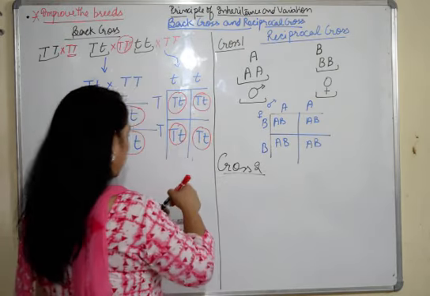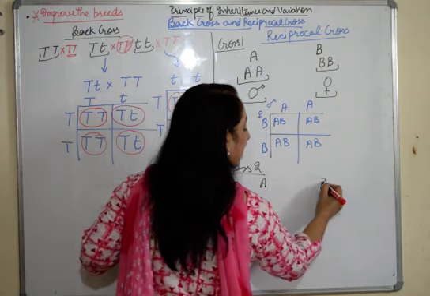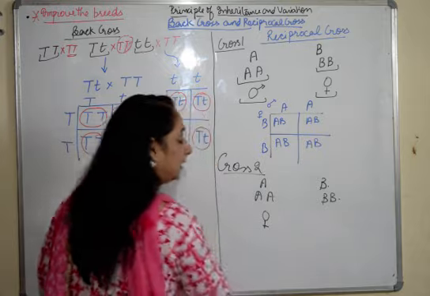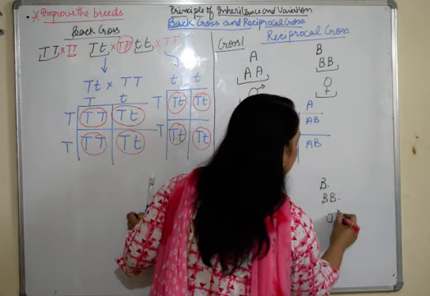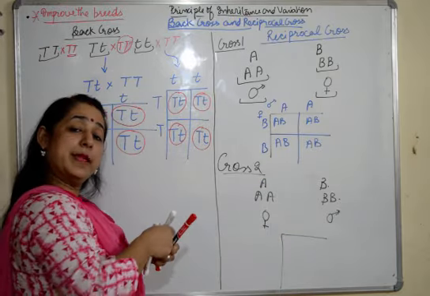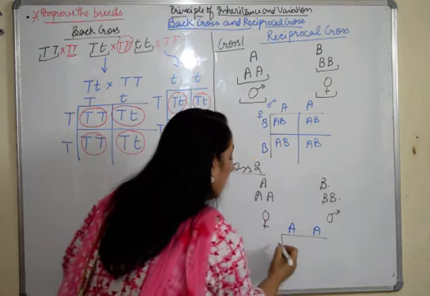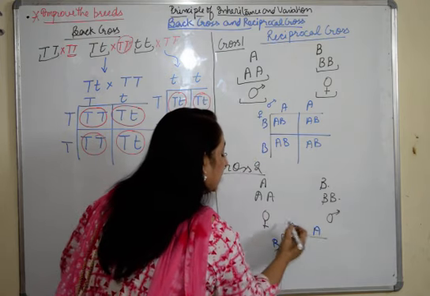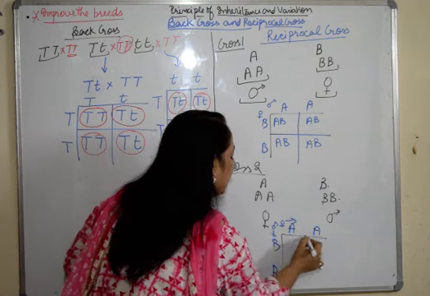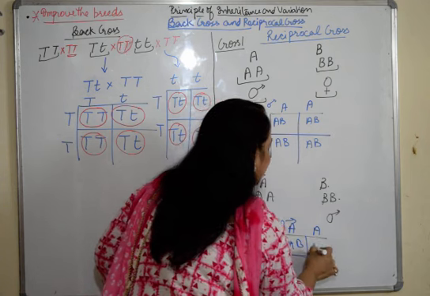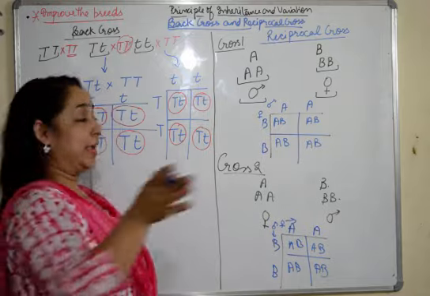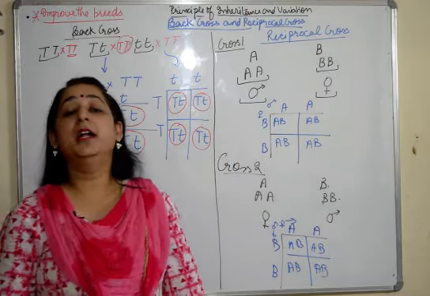Moving on to cross 2 with the same organisms. When we talk about this cross 2, A remains the same, B remains the same, but now what will we do? We will take the female gamete from A, and we'll take the male from B, and then when we cross, the situation remains the same. There is no change at all, but what is changed? This A is the female side and female gametes we have taken, and B is the male, but the offspring remains the same. So this is a reciprocal cross where we just reciprocate the gametes from where we have taken them.